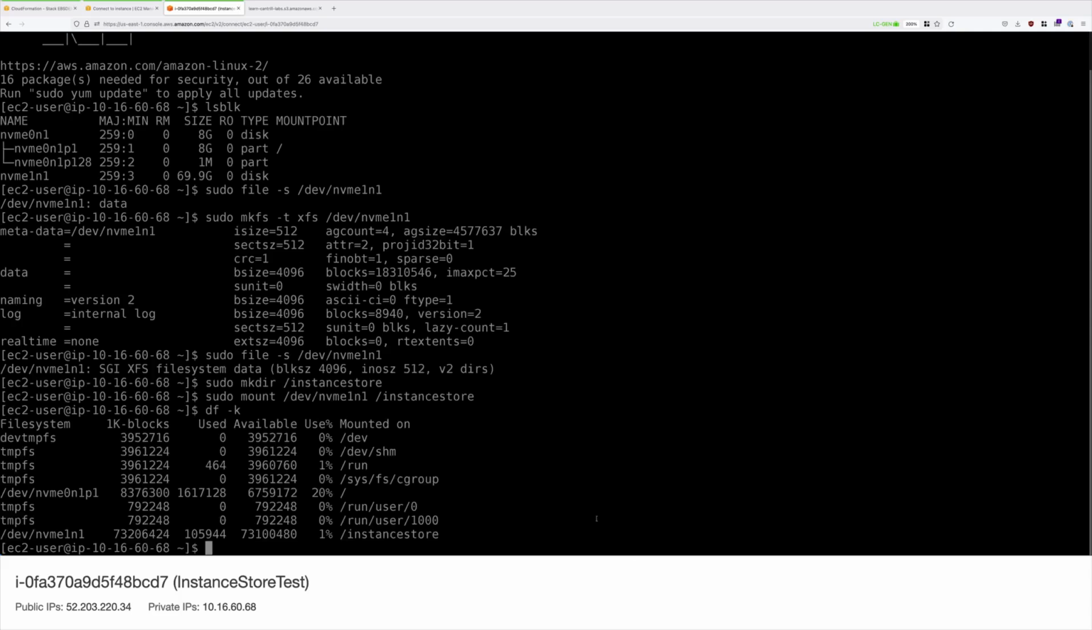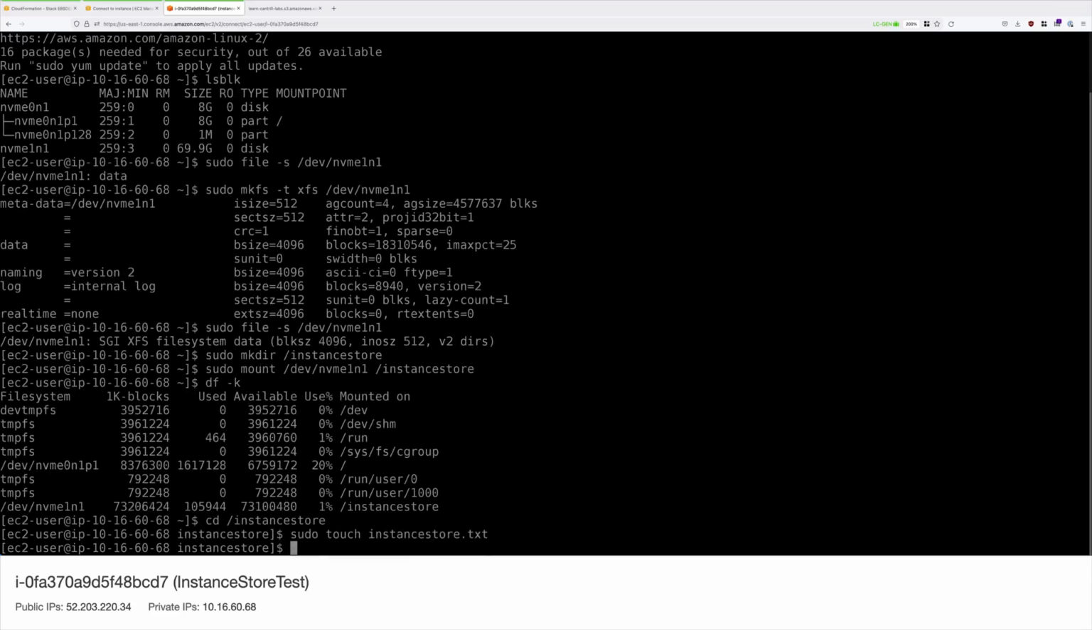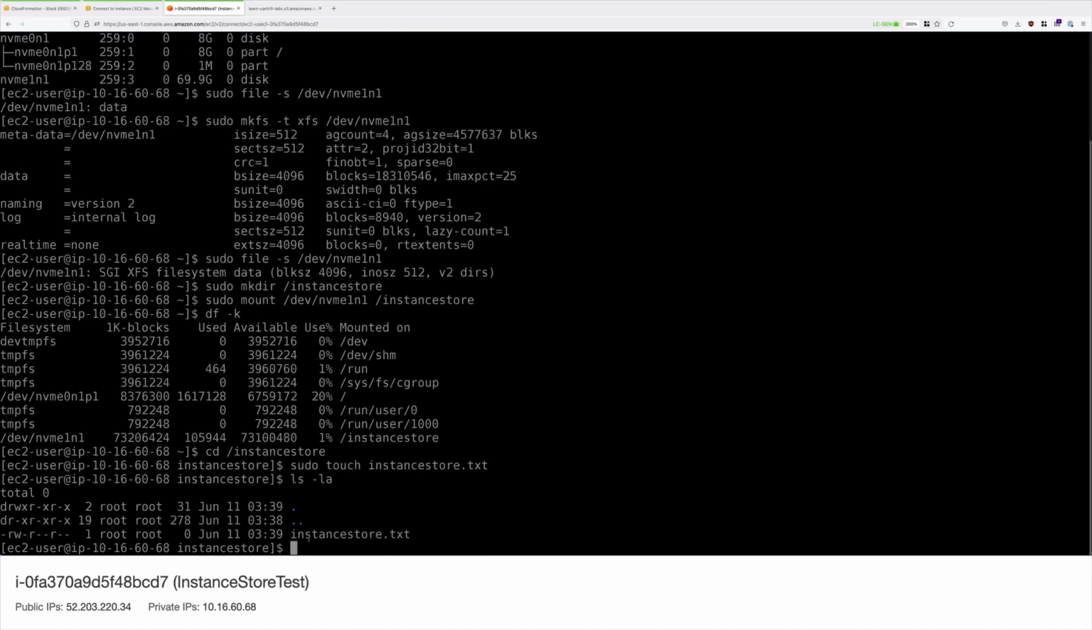Now we're going to move into that folder by typing cd /instancestore. And to keep things efficient, we're going to create a file called instancestore.txt. And rather than using an editor, we'll just use sudo touch and then the name of the file. And this will create an empty file. If we do an ls -la and press enter, you can see that that file exists. So now that we have this file stored on a file system which is running on this instance store volume,